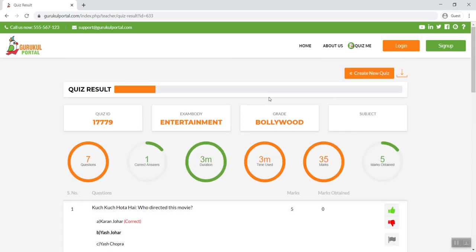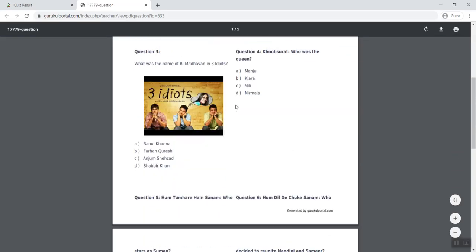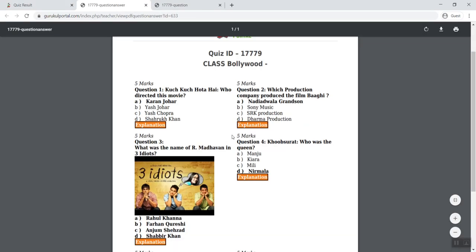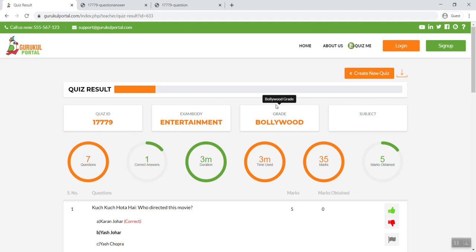However, if we go to the top here, we can see that we can create a new quiz. However, beside it, we can click this download button and we can download all the questions as a PDF. What that will do, Gurukul will generate a PDF document with all of the questions in it. So you don't have to use our quiz program to go through them. And you can also download them with the answers. What that will do is that it will provide you with the answers that are correct. And in some cases, if it's not a straightforward answer and it needs some explanation, they will provide an explanation with it as well. So if we want to create another quiz, what we can do is simply go back